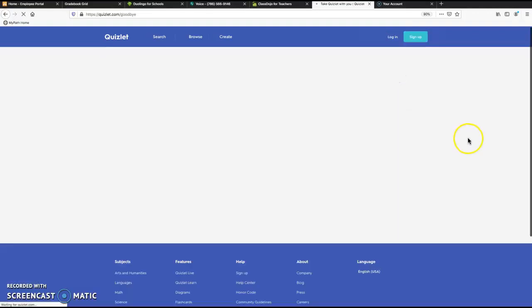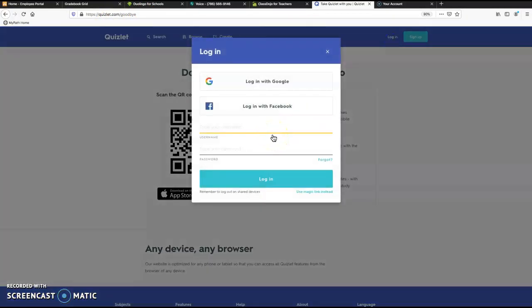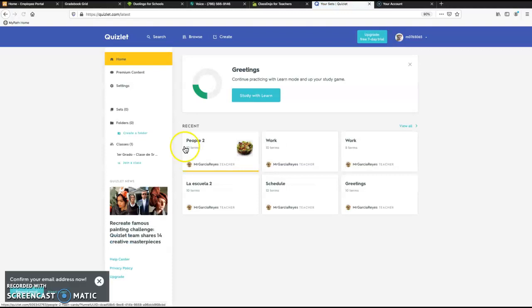The first thing you need to do is go to Quizlet.com, log in, and then enter your username and your password. For this demonstration I'm going to use a first grade student. Okay, username and the password. Once you log in,